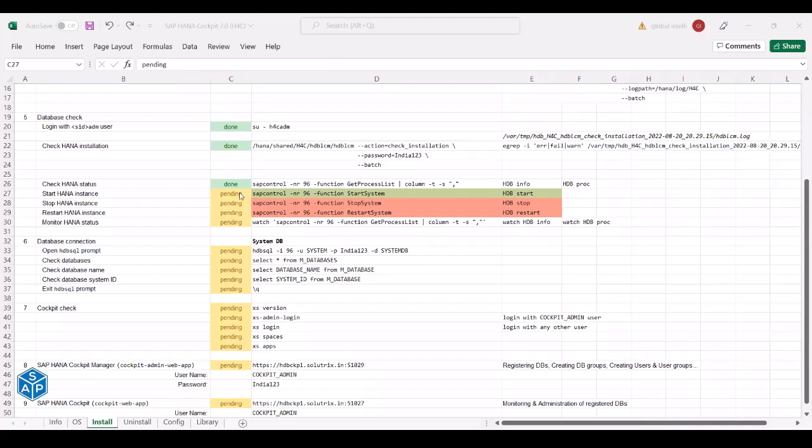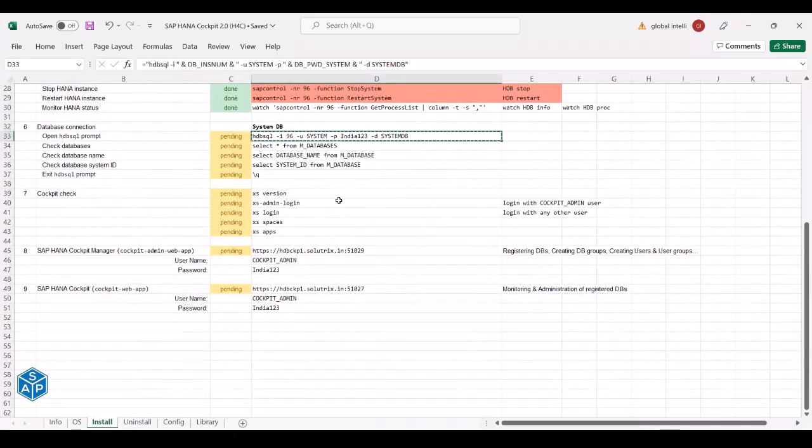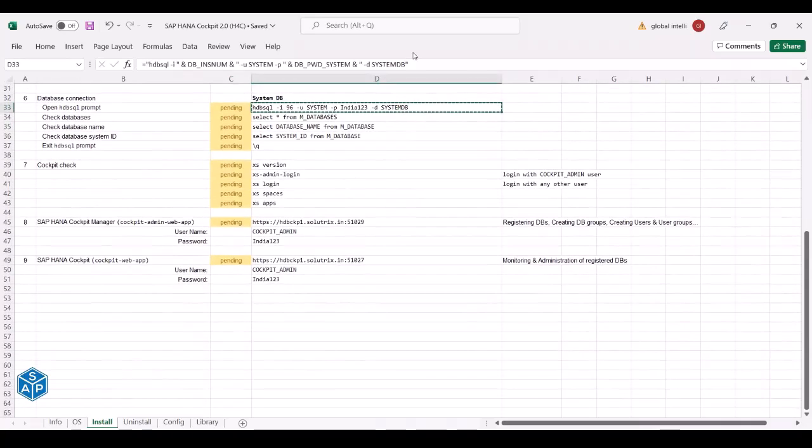Okay, yeah, let us now. Database connection. If you want to create a database connection, this is okay. One more thing. I think everybody is with me over here. Yes. Okay, so one thing here is that there is a little difference in the architecture of your HANA cockpit database